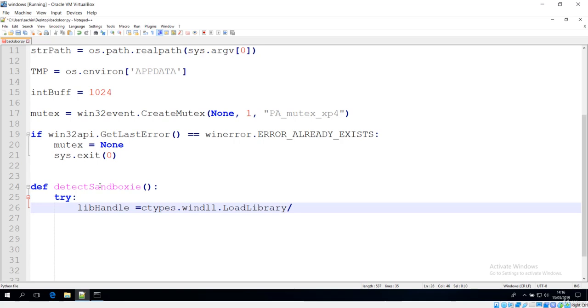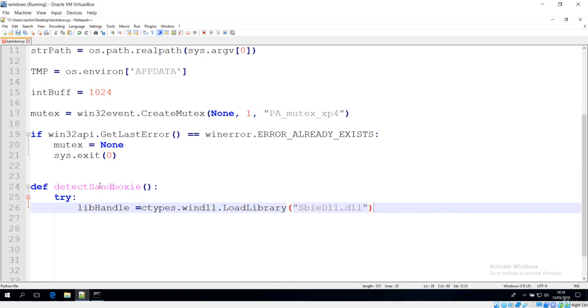What this LoadLibrary does is take an argument in the form of a DLL or any library. The library that we are going to use for this Sandboxie is SbieDll, and it should be with the extension .dll because this is the DLL file.